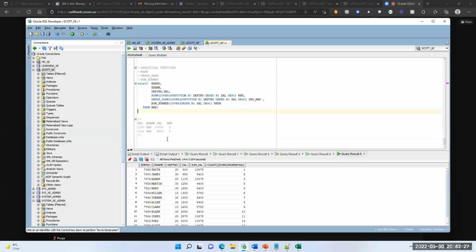And now I want to talk about joins. Okay, let's go to joins. So ideally, how will joins work? When you want to retrieve data from more than one table.